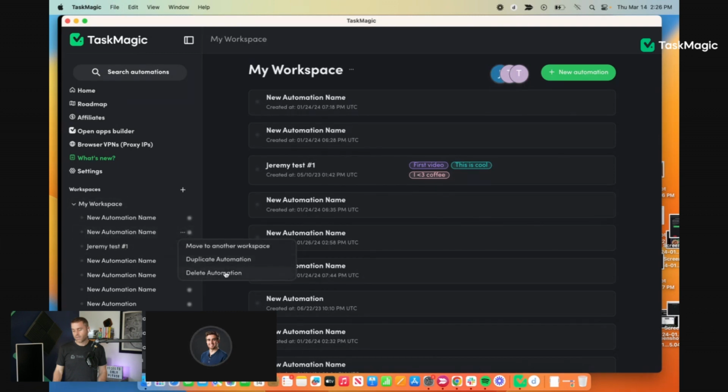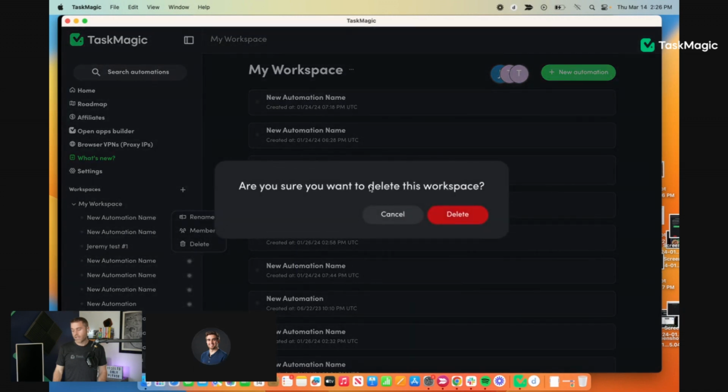I think we have a sanity check when you're deleting everything, but I don't think we have a sanity check reminding you about the automation. So if I delete, are you sure you want to delete this workspace? And if I click delete, does it ask me to confirm? This would delete the workspace, so it should add more here then. So we will probably add a scroll bar there to create some kind of sanity check to where you're like,